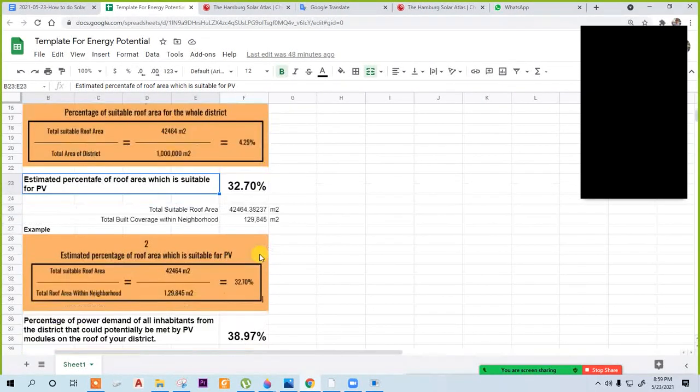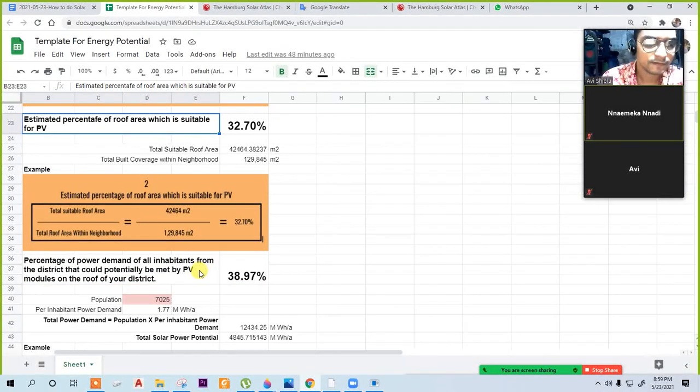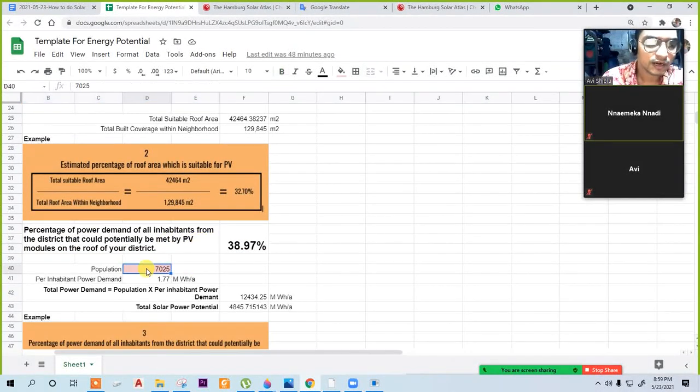And for indicator 3, you have to get the population. For the population data we have another video. You can check the link and you can easily get the population for your specific location.